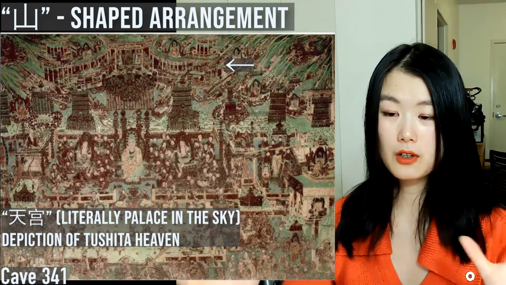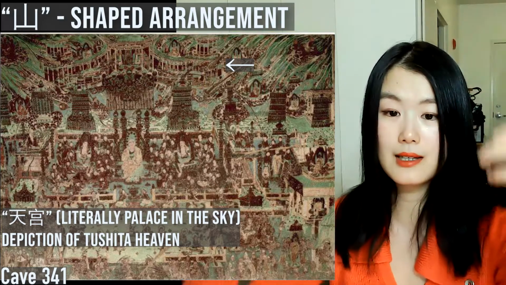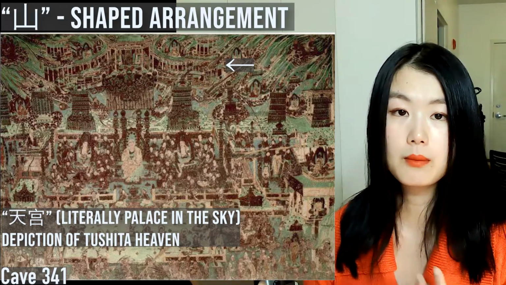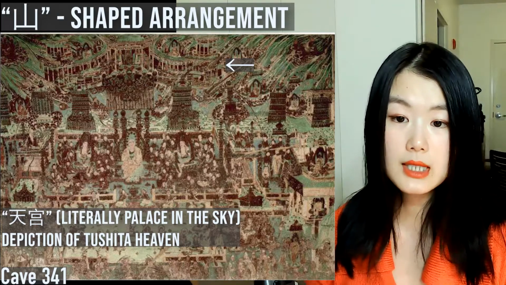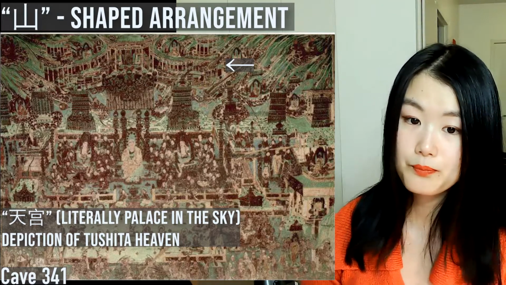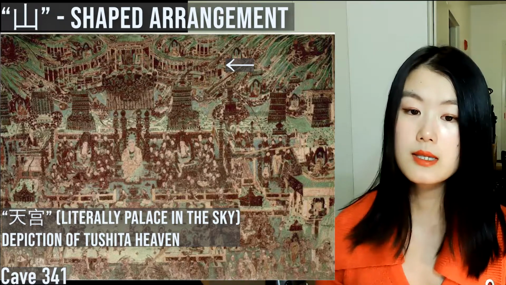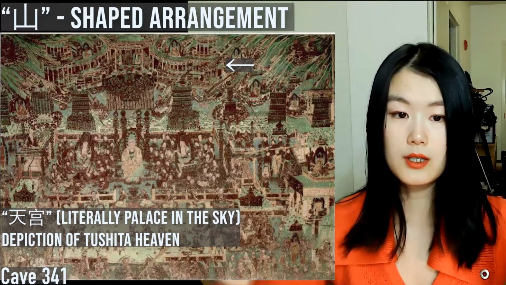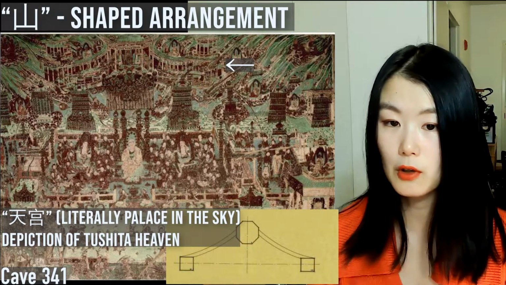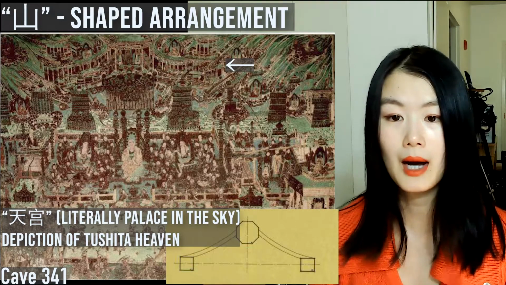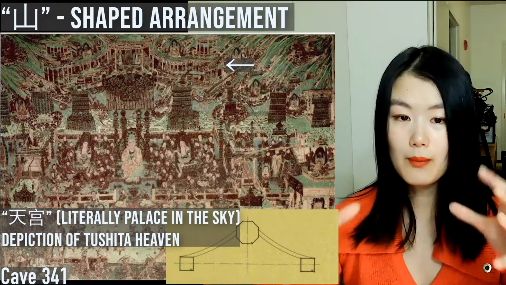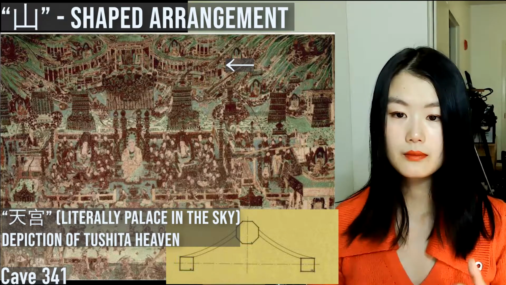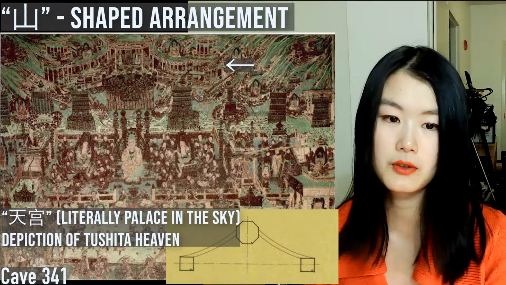So context here for why this is depicted as a floating palace in the clouds is that the sutra tells us that when the Maitreya Buddha was a bodhisattva, they lived in Tushita heaven, which is a heavenly realm. And so anyway, here we see a main hall and two pavilions connected by corridors, from which we can see one type of floor plan motif used in Tang palaces and temples, which is one main hall, two pavilions in line connected with corridor. So that floor plan is shown at the corner here.